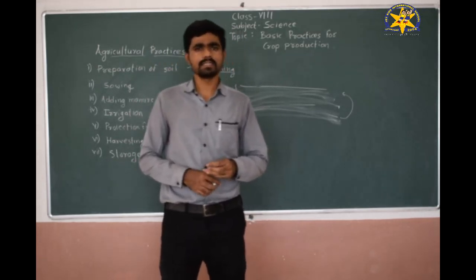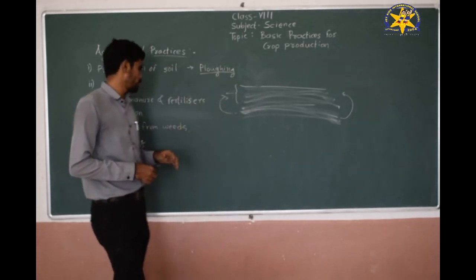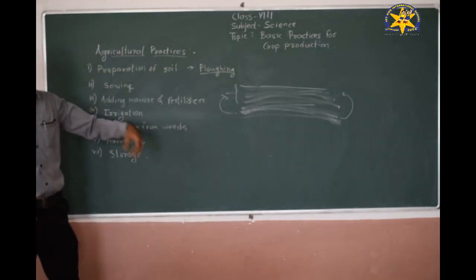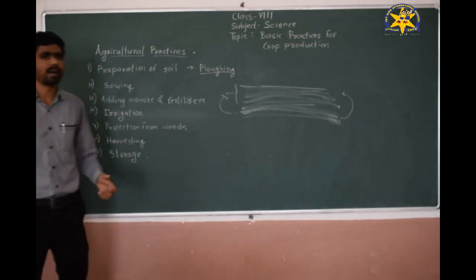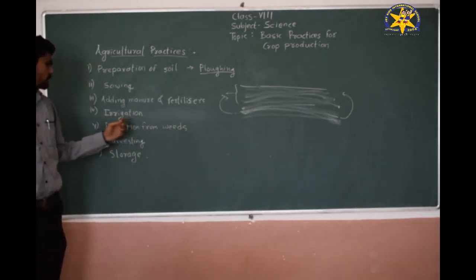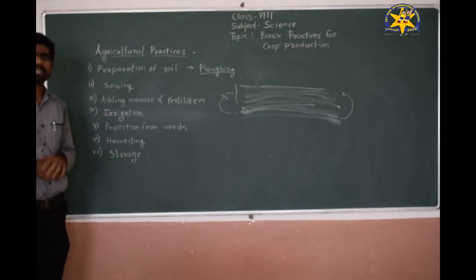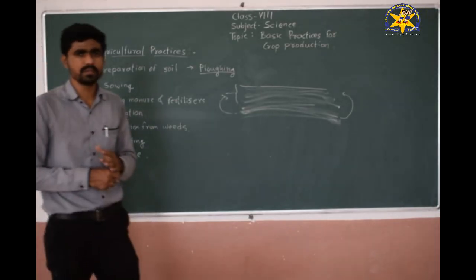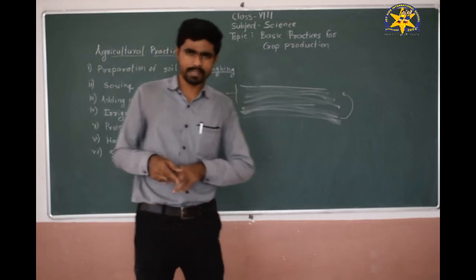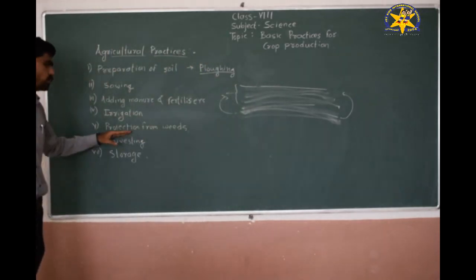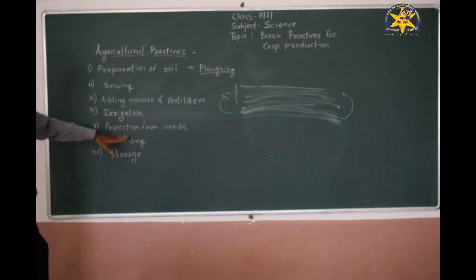So carrot grass is an example of one of the famous weeds which grows without sowing seed. You don't need to sow seeds of that carrot grass, Parthenium. But still it grows, and what it does, it competes with the main crop for sunlight and for nutrients. So for that purpose we need to remove the weeds from the soil. So this comes under protection.